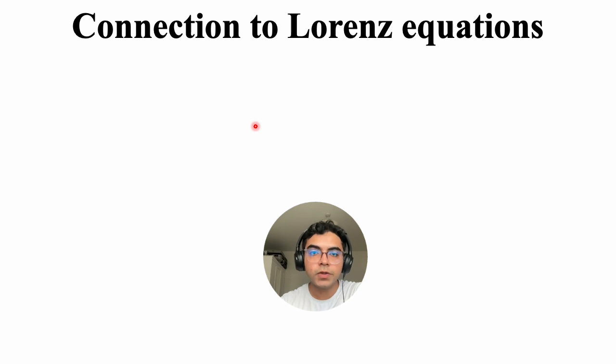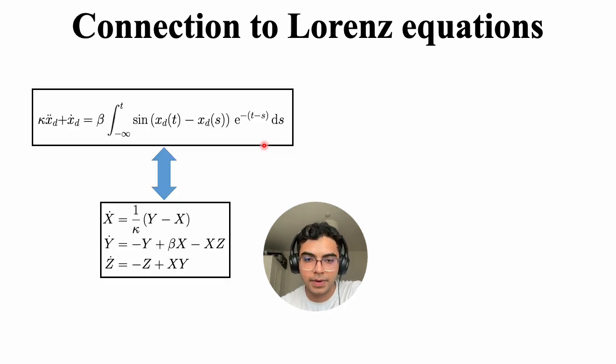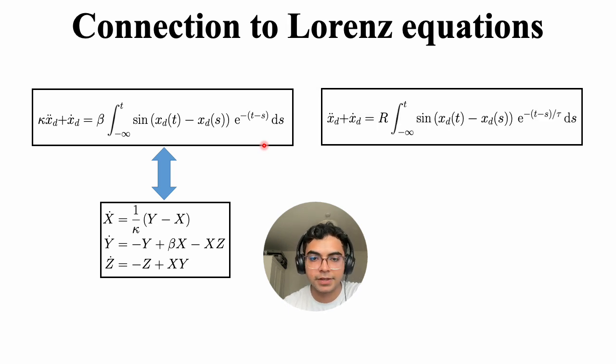Now, since most of these hydrodynamic quantum analogs are realized in the high memory regime, it would be useful to understand the behavior of a simple model in that limit. So to do this neatly, we can non-dimensionalize the original integral differential equation in a different way, and we can get a Lorenz-like system again with parameters appearing in different places, right? So this is what we currently have with kappa and beta as the parameters, but if we non-dimensionalize in a different way,